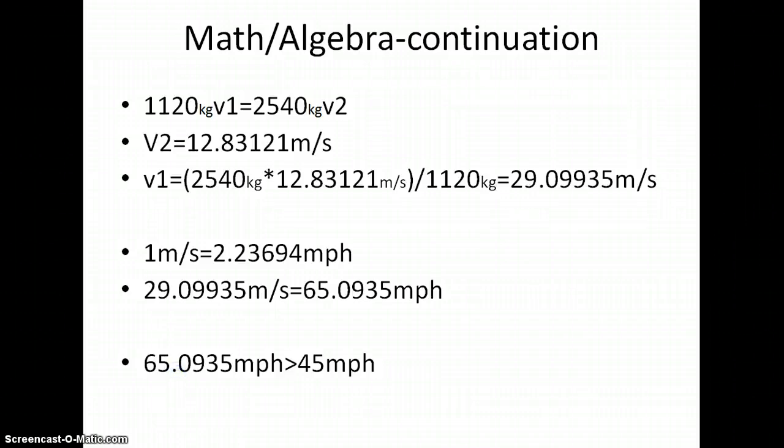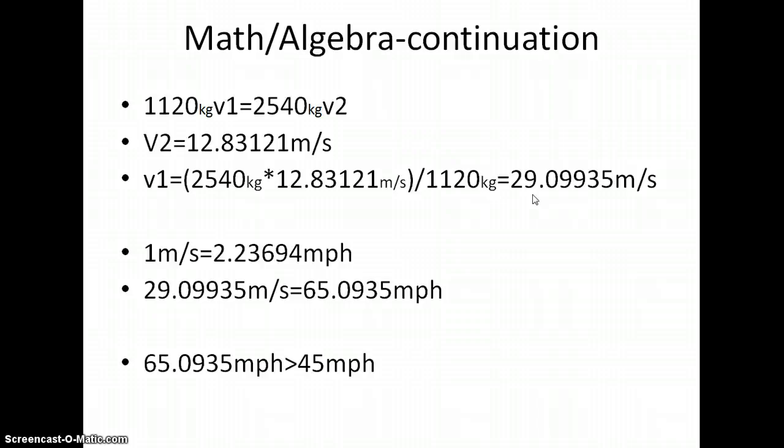So going back to the first equation we had for momentum, you can plug in the value of v2 to get v1, which is 29.09935 meters per second. But it is important to note that the units here are meters per second and not